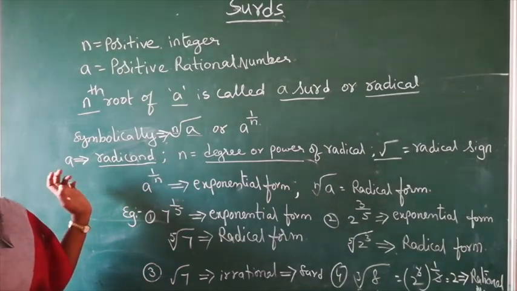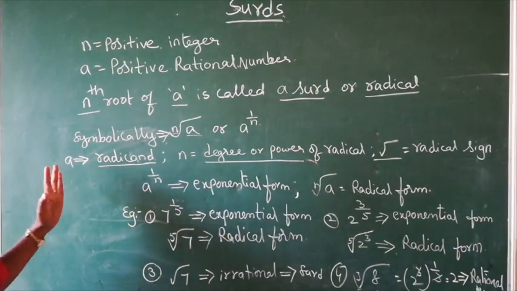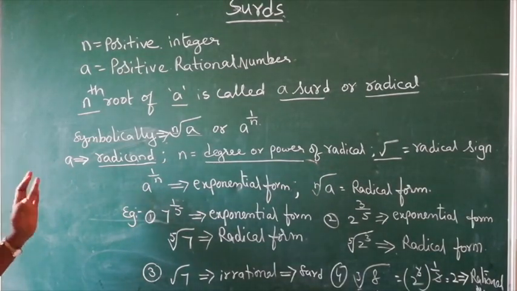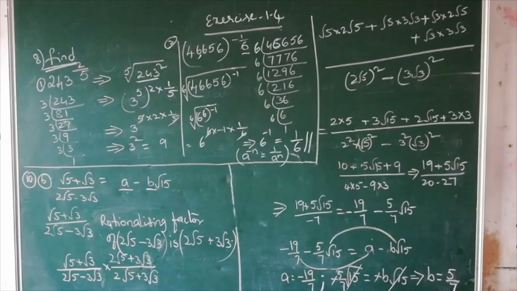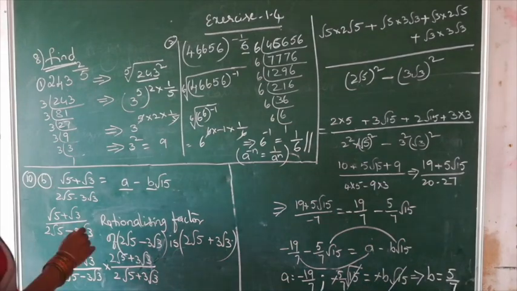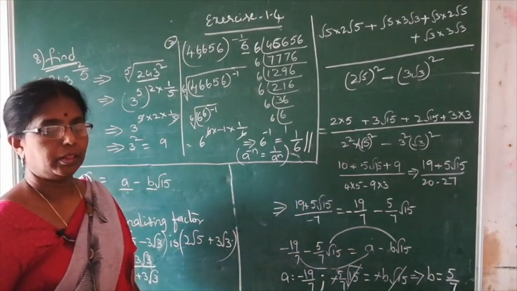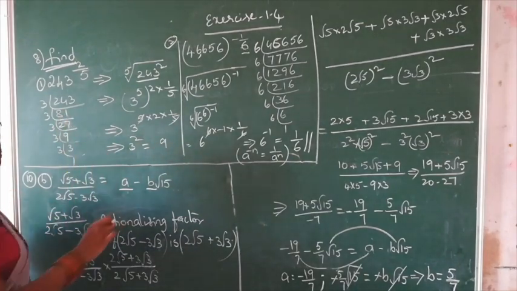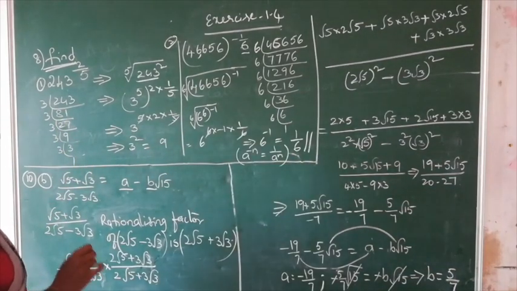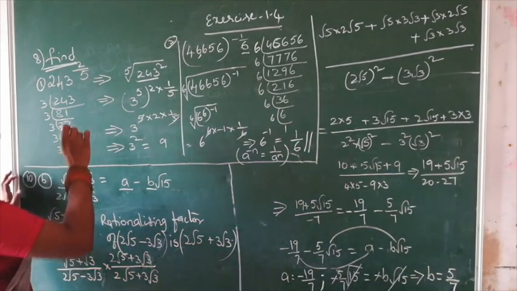Based on this, you have to do the exam exercise 1.4, problems 8, 9, 10. Now we learnt surds. Depending on that, the 8th, 9th, 10th questions are there. Now the 8th question. Find the value of